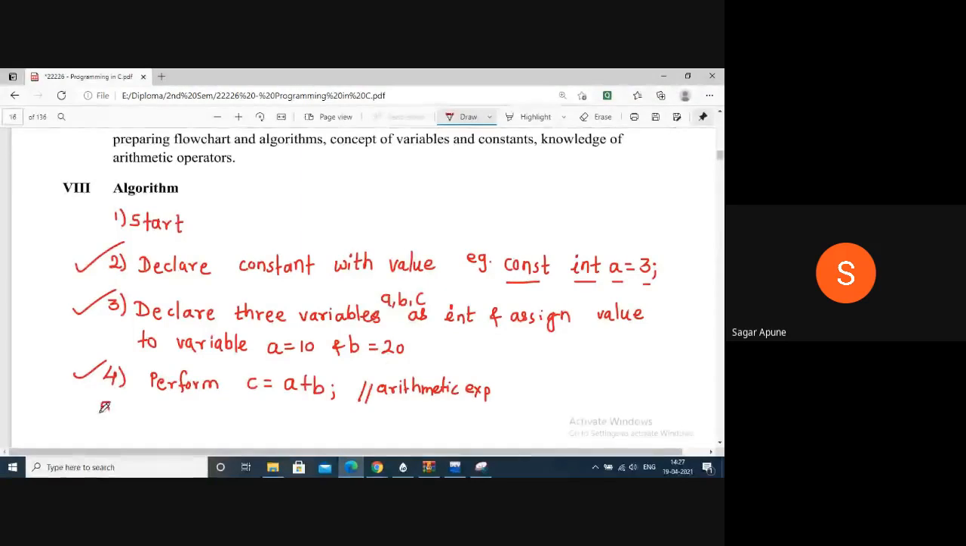Then fifth step is print. We have to print value or result. Print value of c, value of